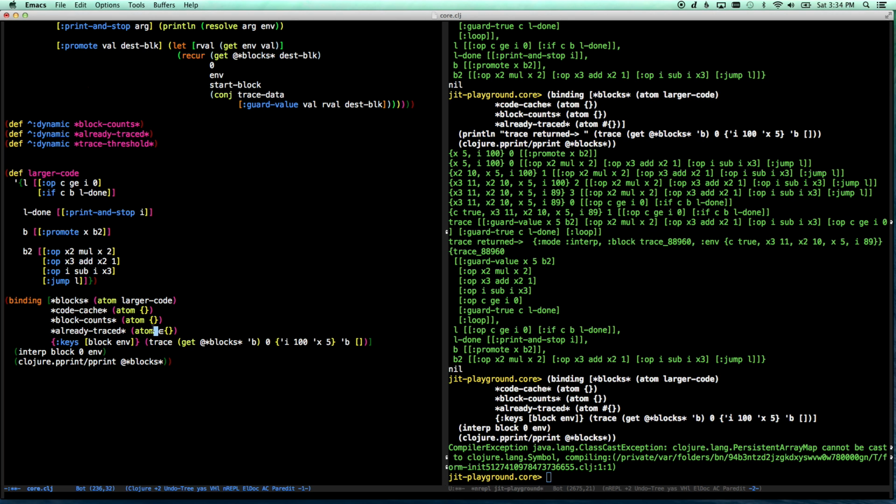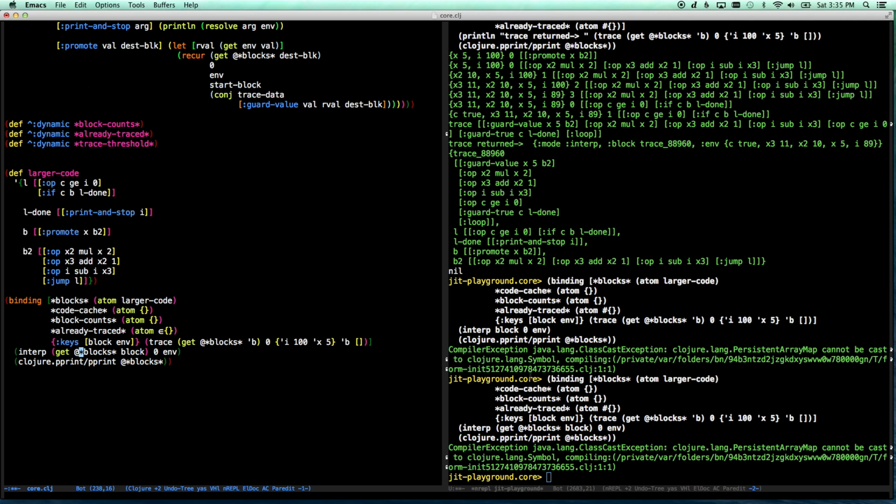That was not expected. Because we need to actually hand it the block itself. Get blocks. There we go. And that's no difference at all. All right. Symbol. Well, I'm not exactly sure what's up there. Let's see here. So we do